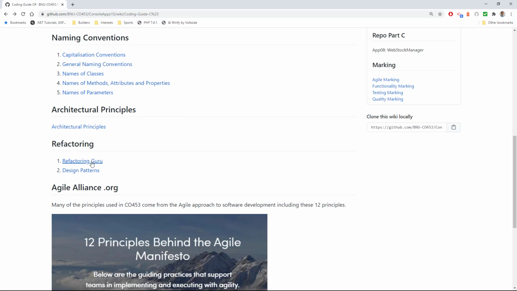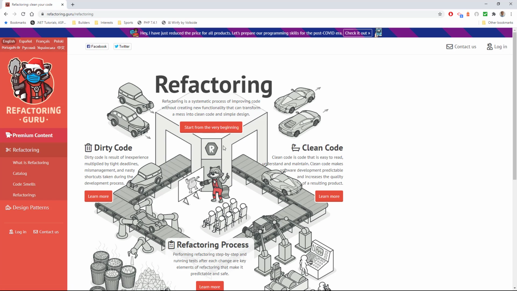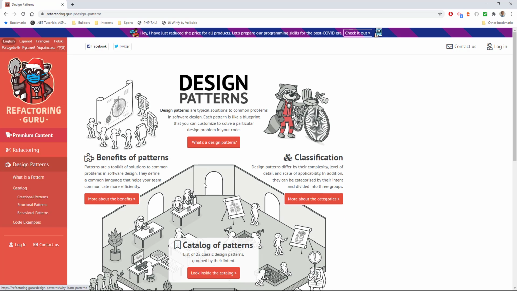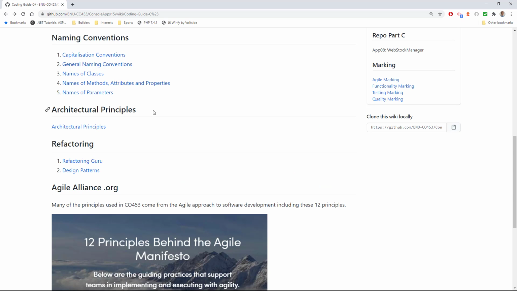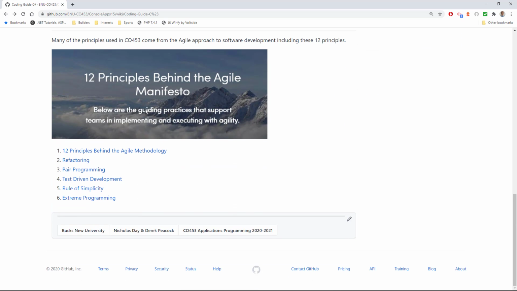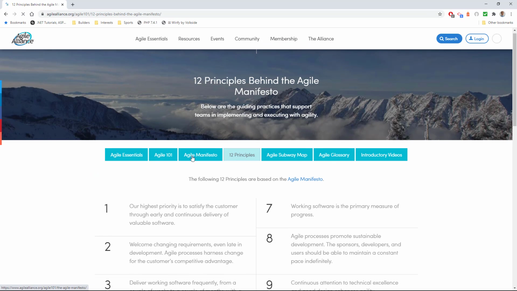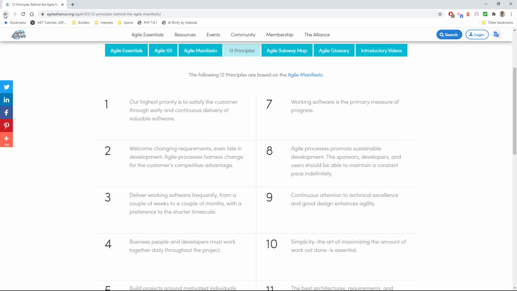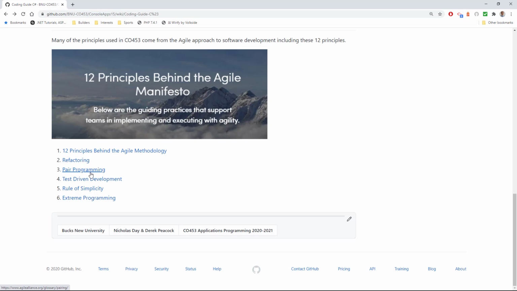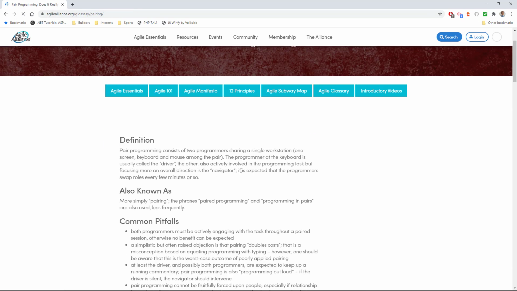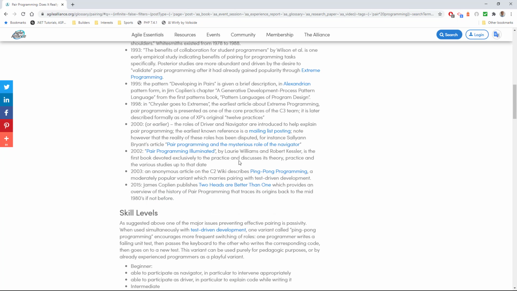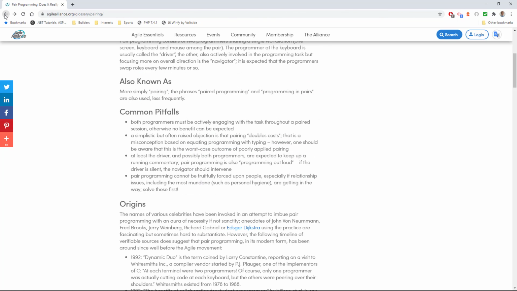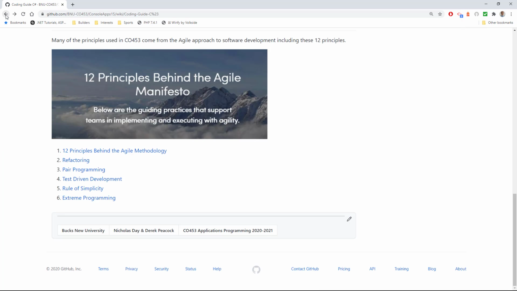We're going to be moving into refactoring, and here's the link to a whole website on refactoring. It also covers design patterns, which we'll be bringing into further lessons. And then the key reference is to the Agile Alliance and these 12 principles, which I mentioned in the first session. But if you want more details on pair programming, it's here. Okay, so there's where all the details are, in that one wiki page